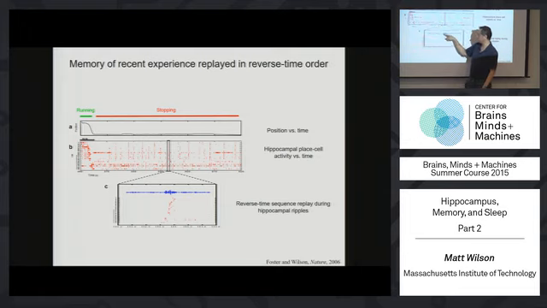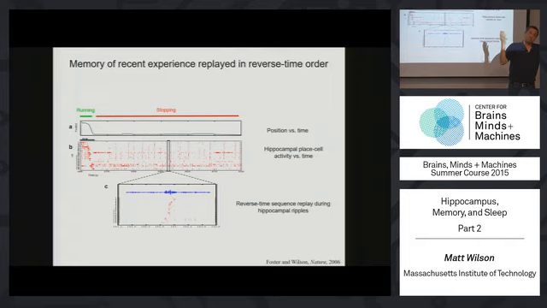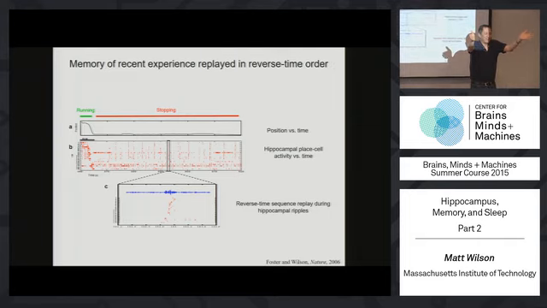You blow things up. These sharp wave ripples last about half a second or so. So you see a burst of activity. You see these place cell sequences. In this case, the sequence actually runs in time reversed fashion. This doesn't seem like planning or decision making. It may be evaluation of temporal correlations that might be relevant to behavior and learning, but what would a reverse sequence actually have to do with